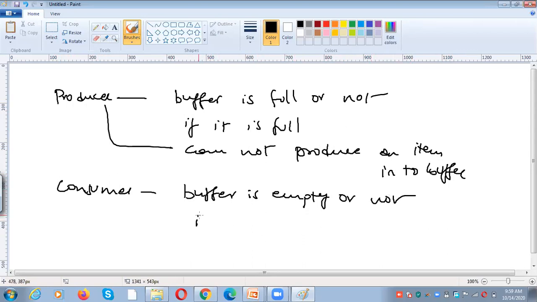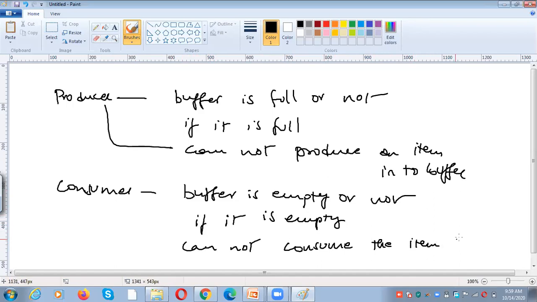If it is empty, it means there is nothing in the buffer, so the consumer cannot consume the item from the buffer. So you got my point? The producer has to check whether the buffer is full or not, and the consumer has to check whether the buffer is empty or not.